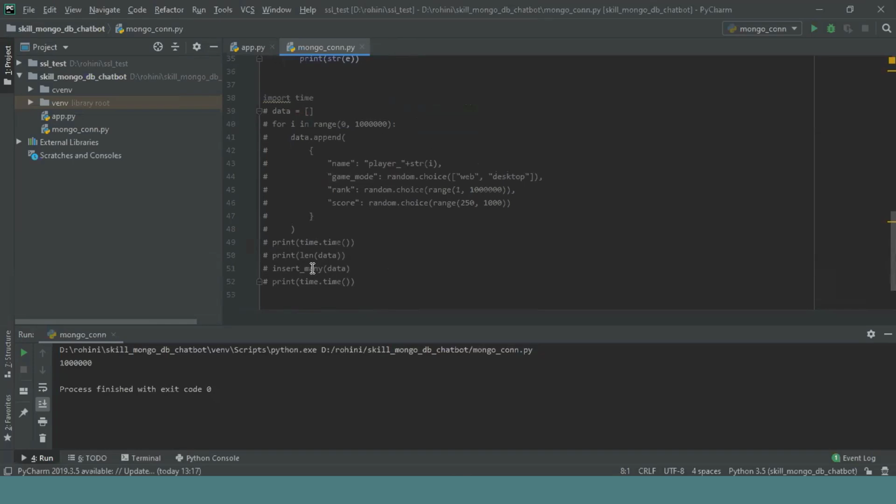there are two operations which can be done. One is inserting the data one by one, one document at a time. The other option is to insert a bulk of documents together in a single go. So I've loaded all that data into a list and inserted it in a single go. Since this will take some time, I've already prepared the data and inserted it into the database. So I'm going to visualize this data